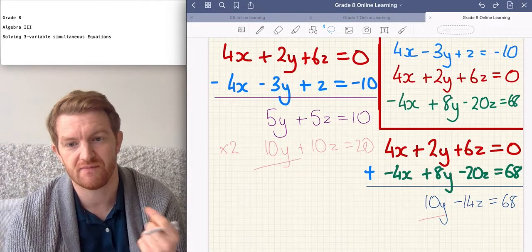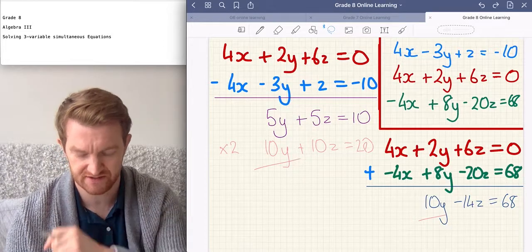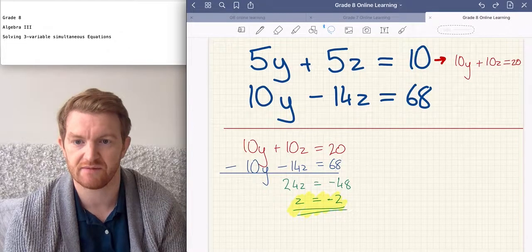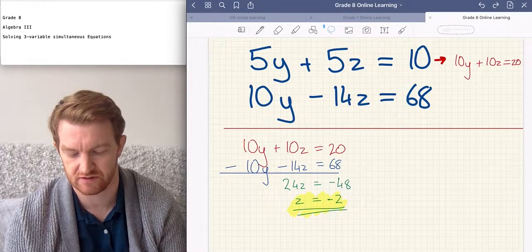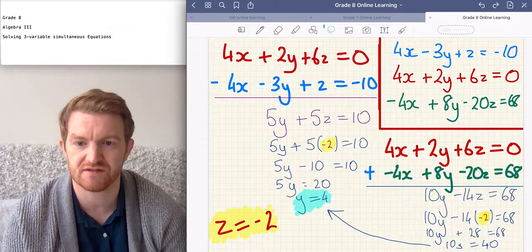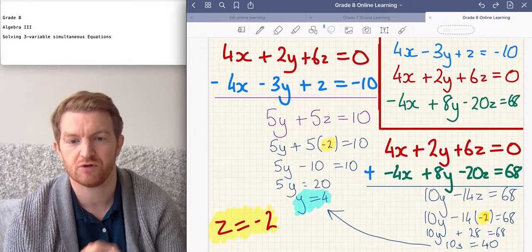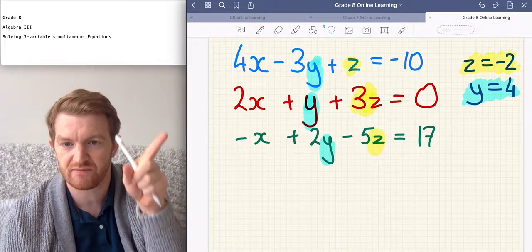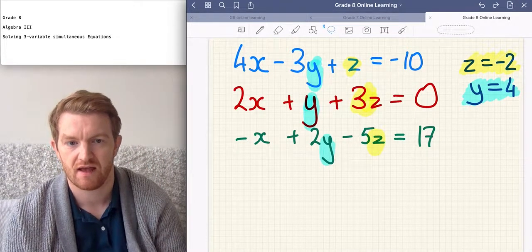I solved them as we've done in the previous lessons and in the quiz by, again, elimination. Could have used substitution as well. You put the value of z into both equations, that gives you y is 4. Once you've got two variables, you can then put those two variables into all three, notice it's the ones we started with, and then